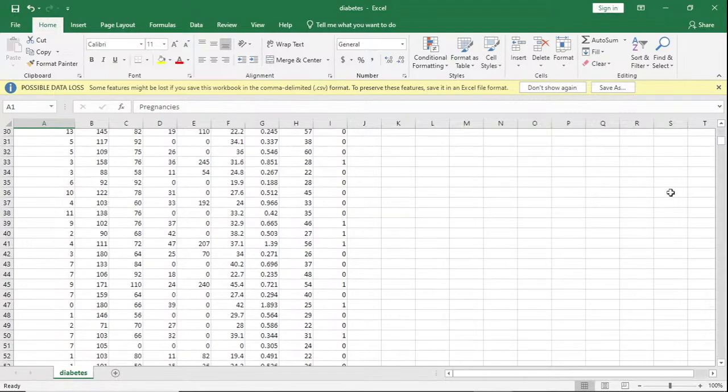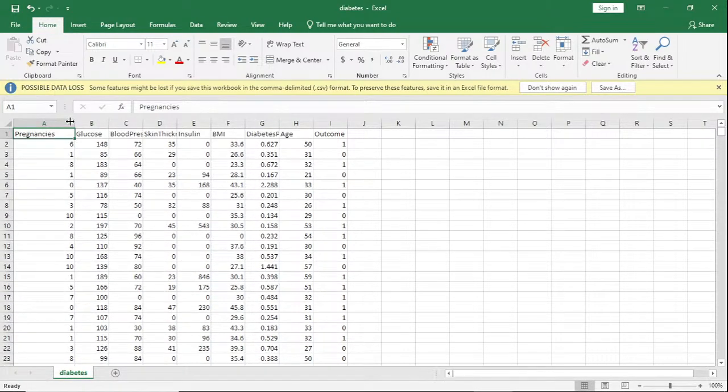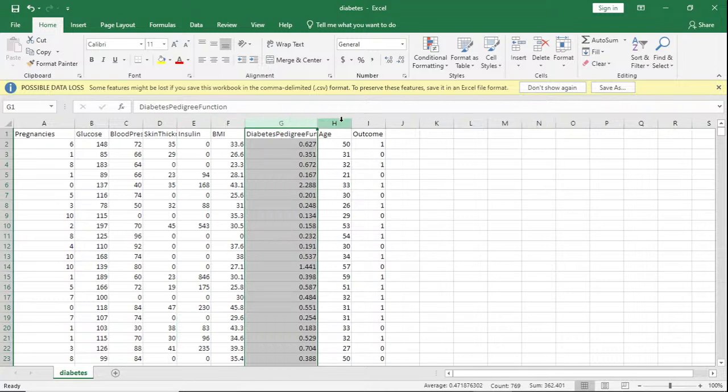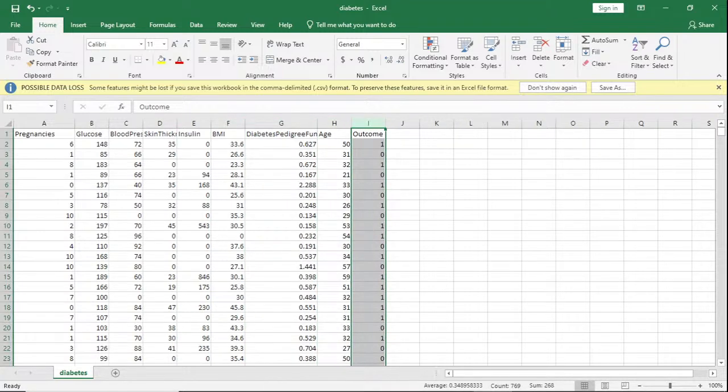The column names are pregnancy, glucose level, blood pressure, skin thickness, insulin level, BMI, diabetes pedigree function, age, and finally outcome. I collected this dataset from Kaggle, and it's labeled data. If the outcome is 1, that particular patient has diabetes. If it's 0, the patient doesn't have diabetes.